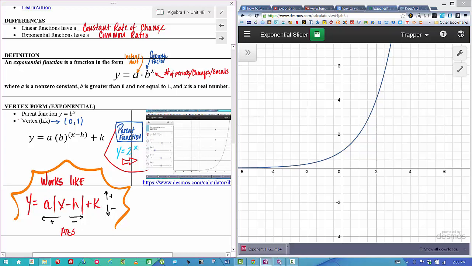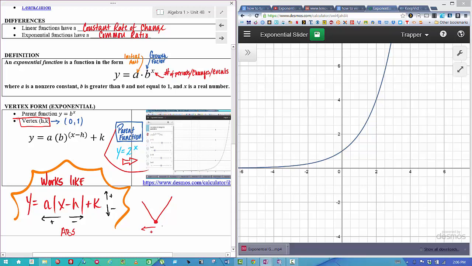You can see that we've labeled the exact same thing here. The h and k is the vertex of the function. And with an absolute value, that's pretty easy to identify. It looks like a V, so the vertex is in the center. And we said that when we moved h, if it was positive, it moved this vertex to the left,